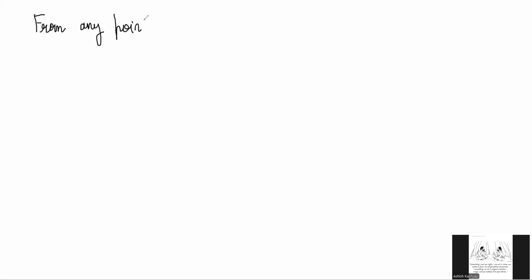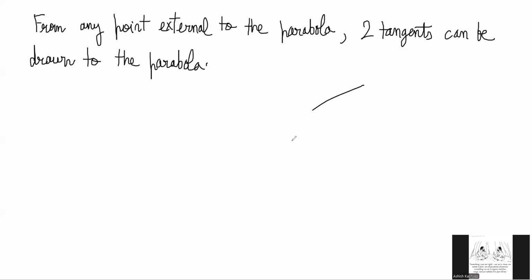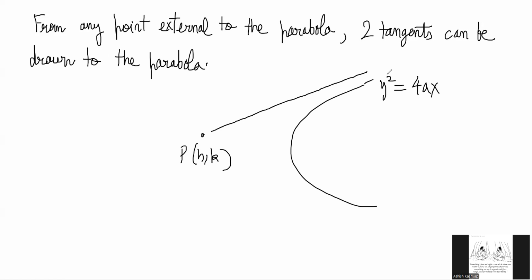Okay. Now, another idea that you need to know is that from any point external to the parabola, two tangents can be drawn to the parabola. So basically, if my equation of the parabola is y square is equal to 4ax, from a point P, h comma k, I can actually draw two tangents to this parabola. One tangent here, one tangent here, right? And the way to do that is